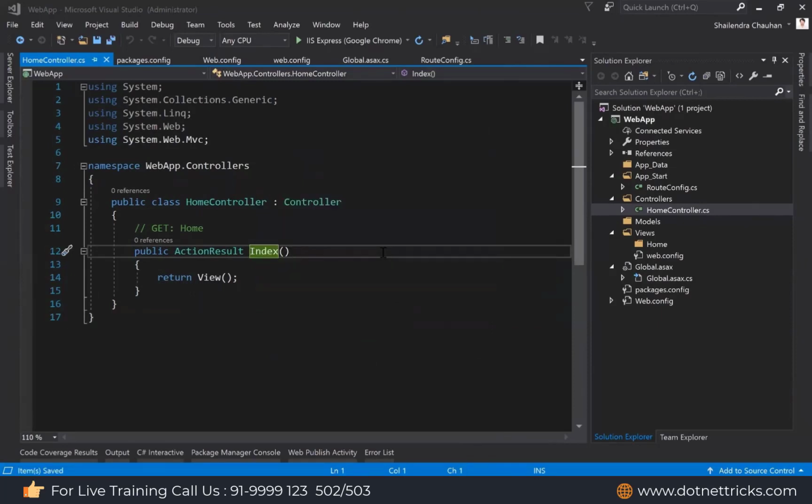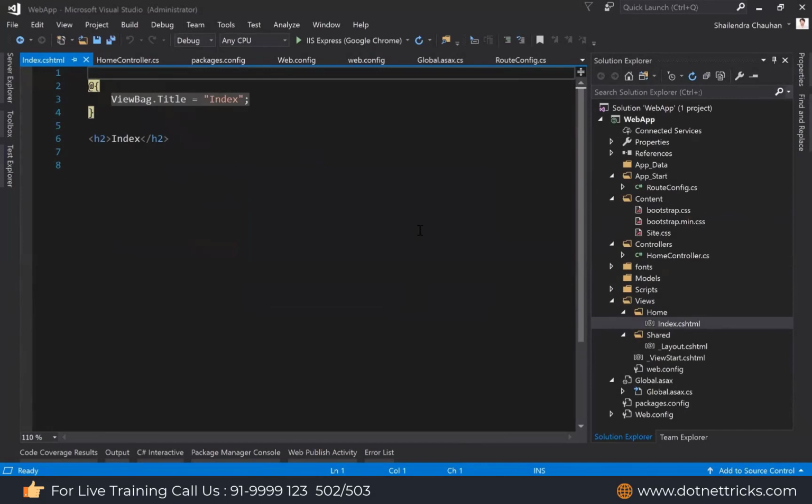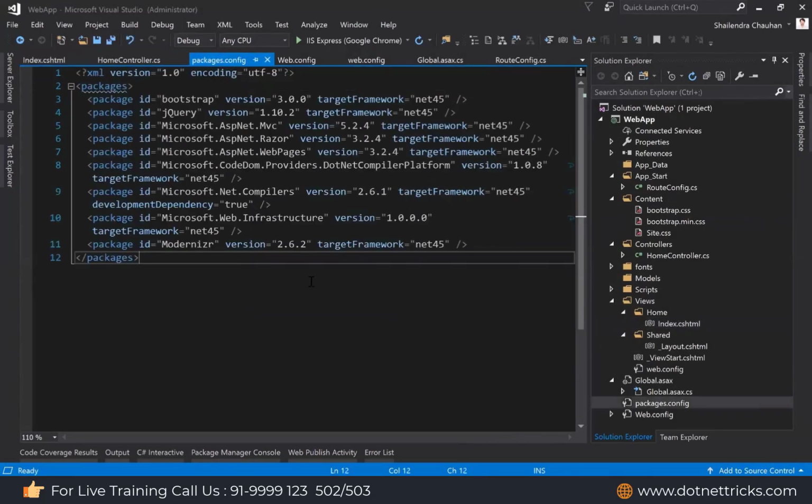It is installing all the missing packages as well. So what were the missing packages? If you look in the packages.config file, we didn't have the packages for Bootstrap and jQuery. These were added now when I added the view. So these are the missing packages it added. These are the front end packages, because jQuery and Bootstrap we use on the front end, and MVC, Razor, Web Pages we use in the back end, meaning on the server side. So these are server side packages and these are the front end packages here.